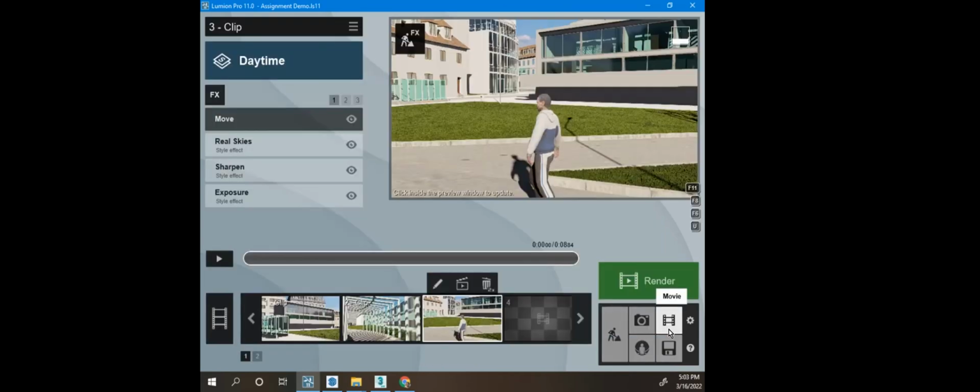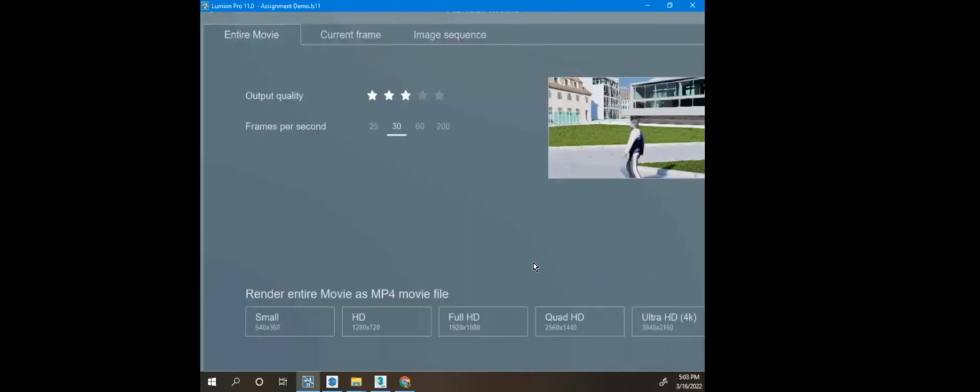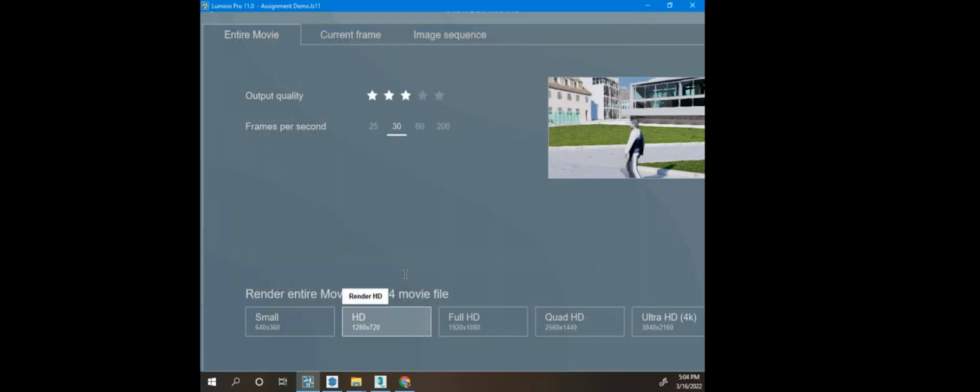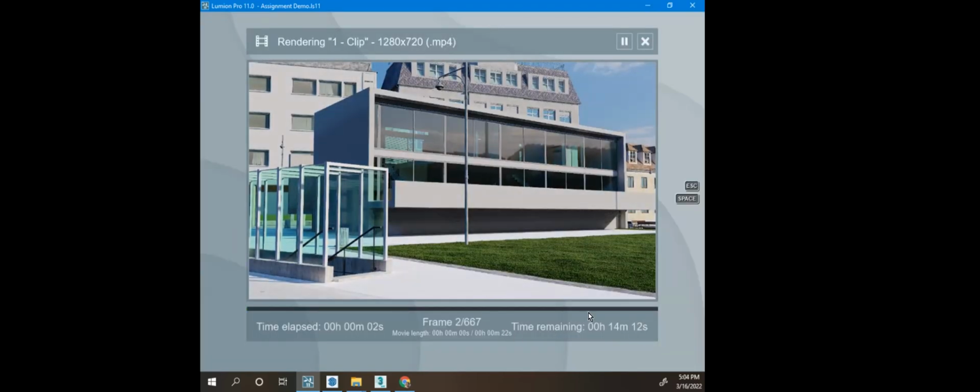Alrighty. All right, let's go back here and I'm going to save it small because I don't really have much time left. So I'm going to save it here and call this assignment demo. And all right, so while that gets done,